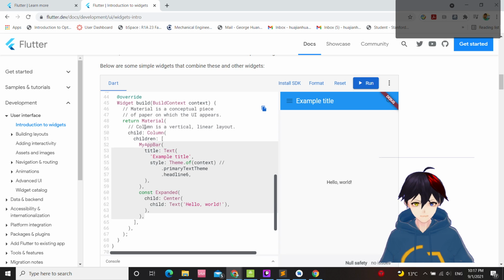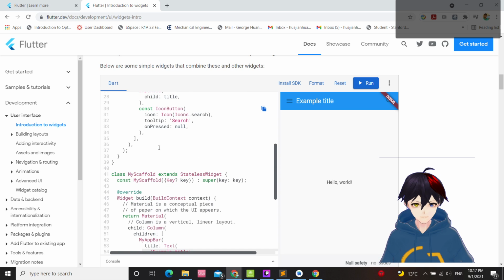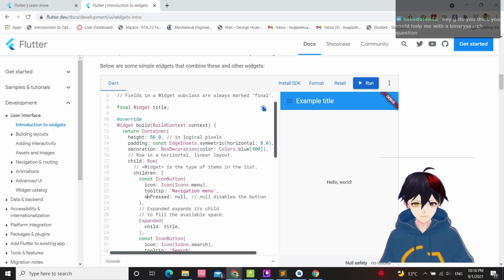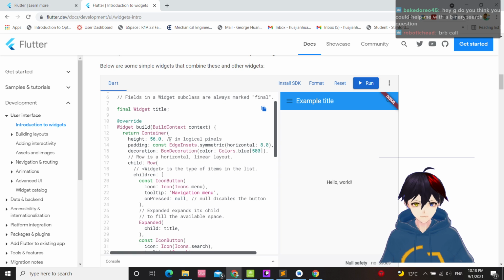This part is the example title. Oh, the search is here. This is the search. Container. The icon button. Navigation menu. Okay.